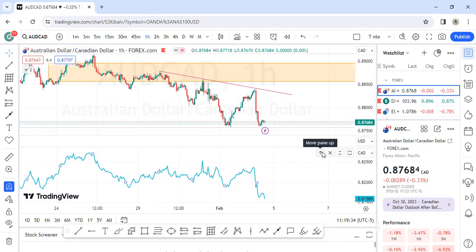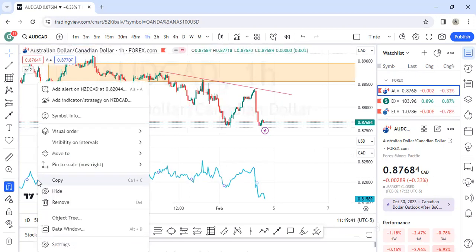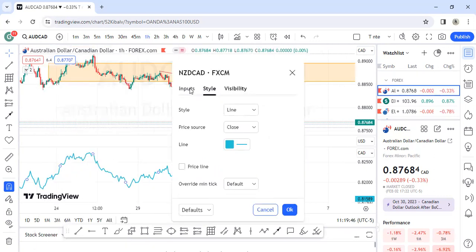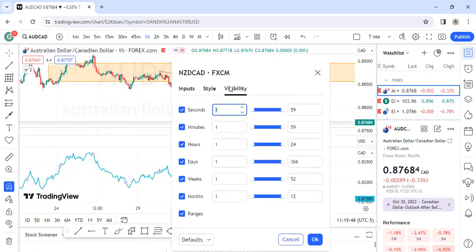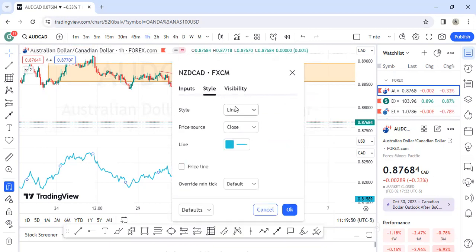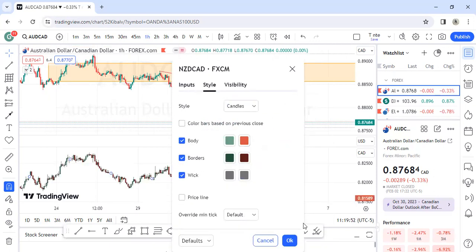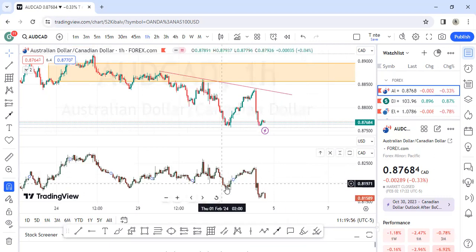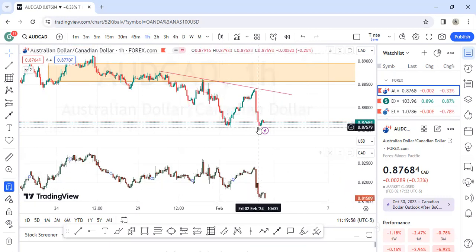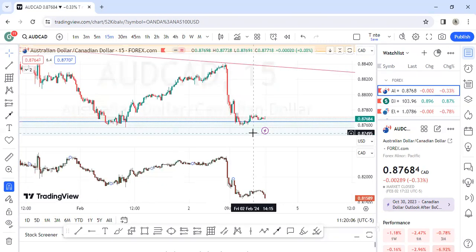And I'm trying to see how I can change this to candlestick, but it's not letting me do that. Settings. See if I can change the candles style. Okay, see it, candles. So that is it. You can see NZD card has clearly made a low, while AD card is failing to make a low. So if we can get the bullish structure, or maybe on the 15 minutes time frame, then we can trust that buy.